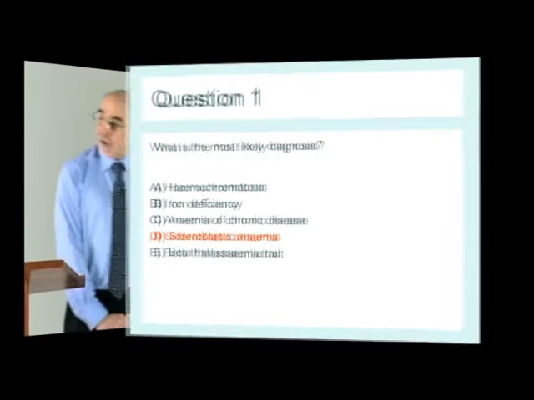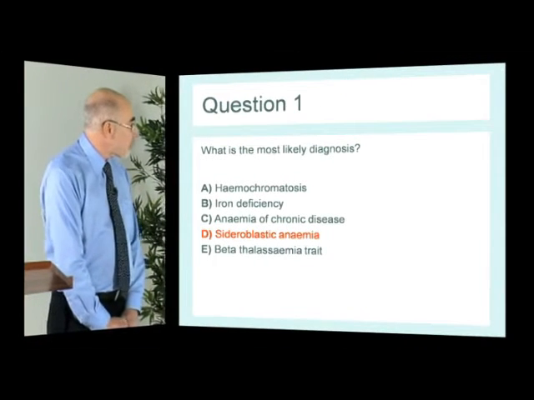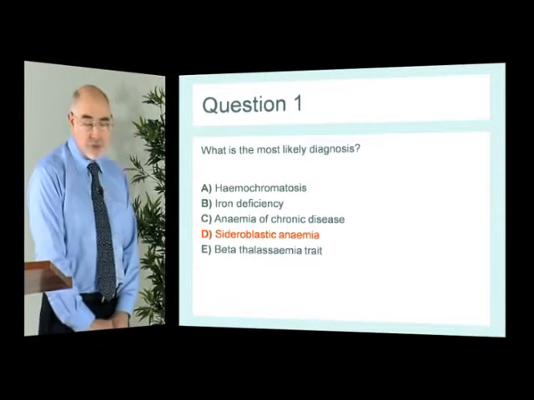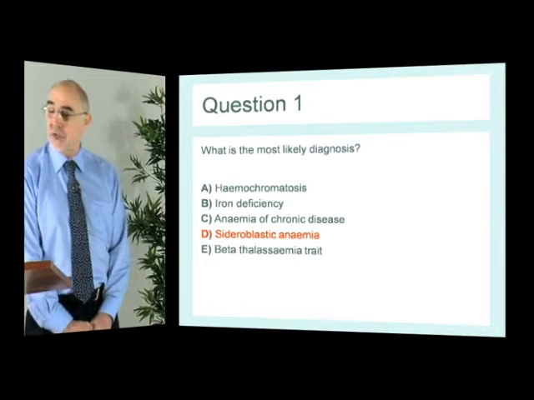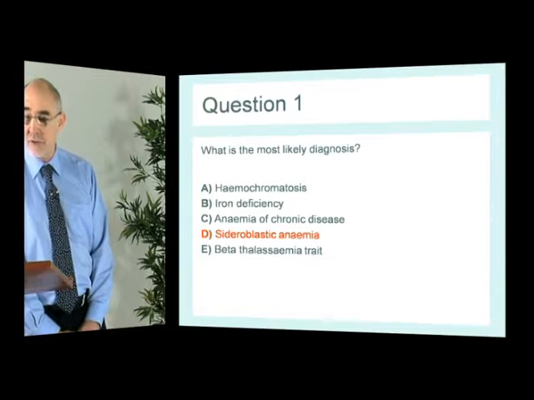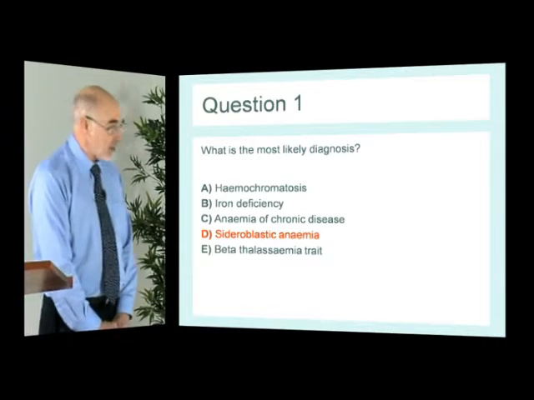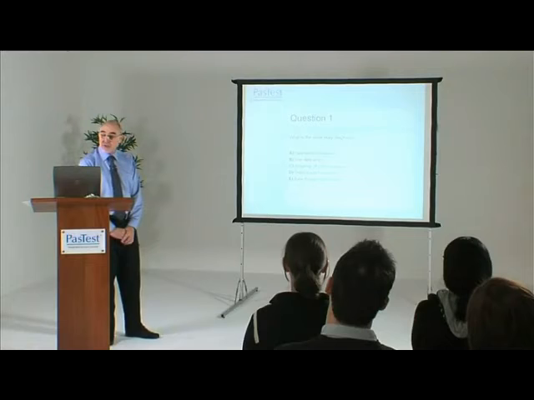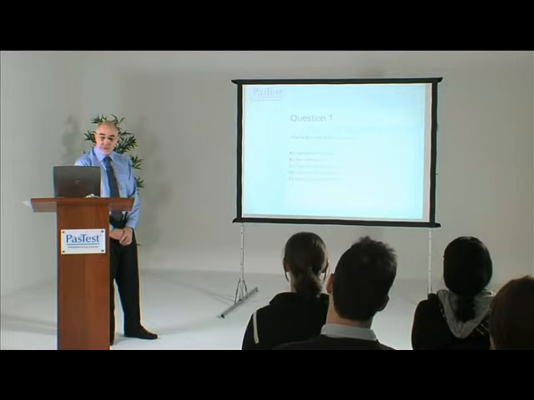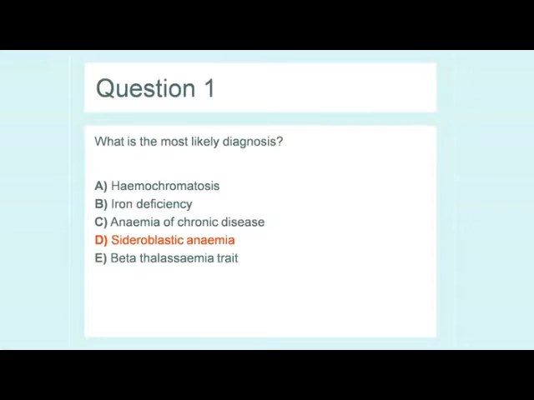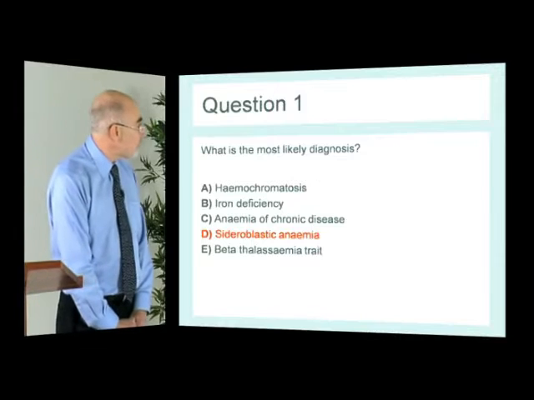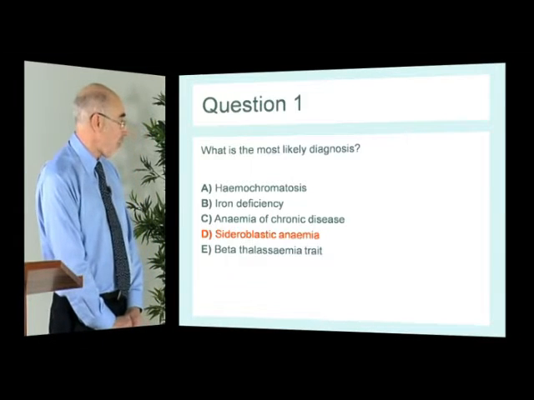So, hemochromatosis is the first potential option. This is, of course, incorrect, as hemochromatosis is not associated with anemia. That is, unless there has been some rather over-enthusiastic venesection therapy which has resulted in iron deficiency. The correct response is, in fact, item D, sideroblastic anemia, but I'm going to go through the other causes of